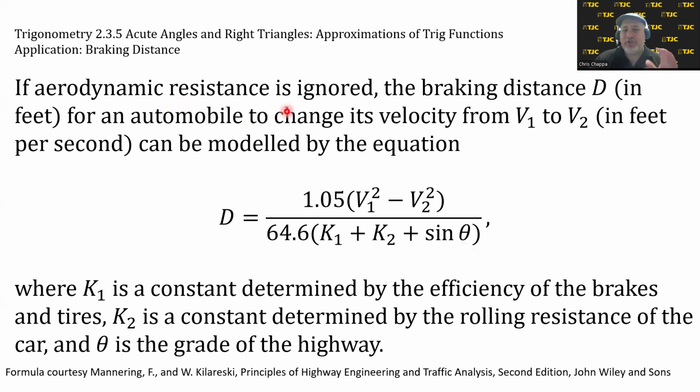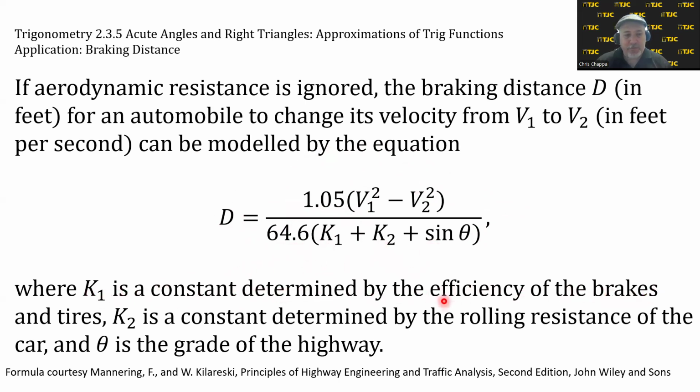If aerodynamic resistance is ignored, the braking distance d in feet for an automobile to change its velocity from v1 to v2 in feet per second can be modeled by the equation d equals, fraction on the top, 1.05 times v1 squared minus v2 squared. In the denominator, 64.6 times the quantity k1 plus k2 plus sine of theta,